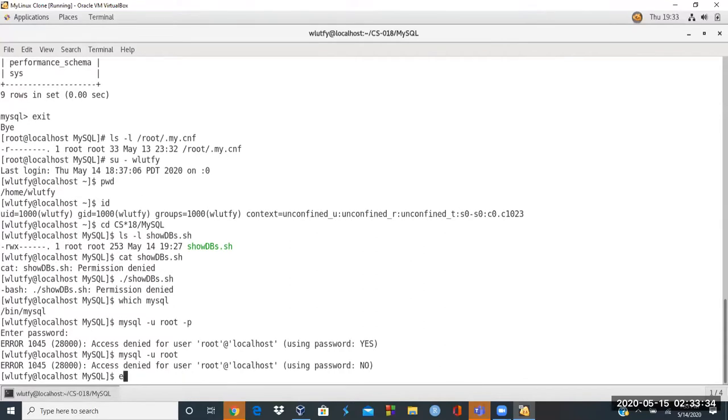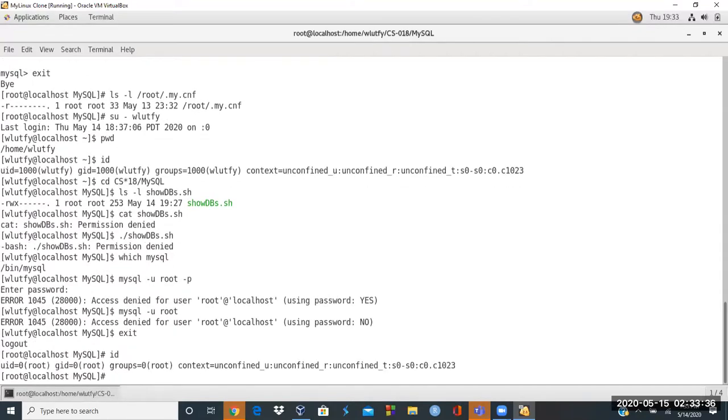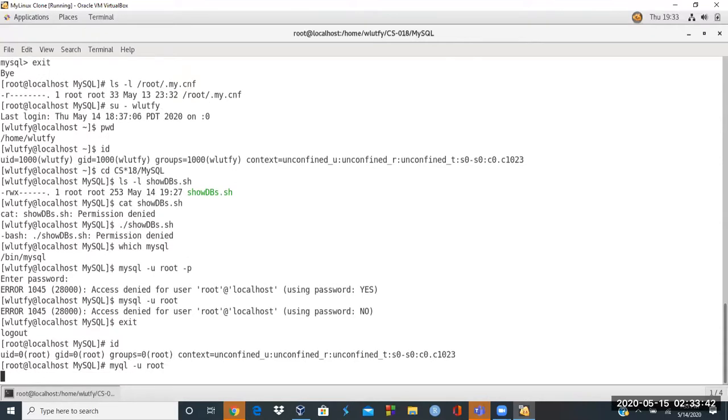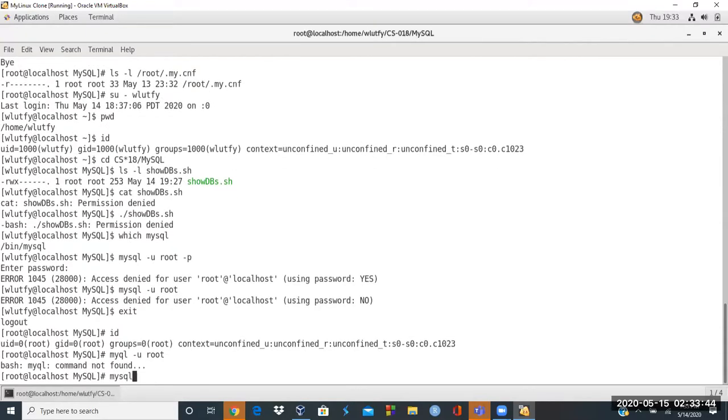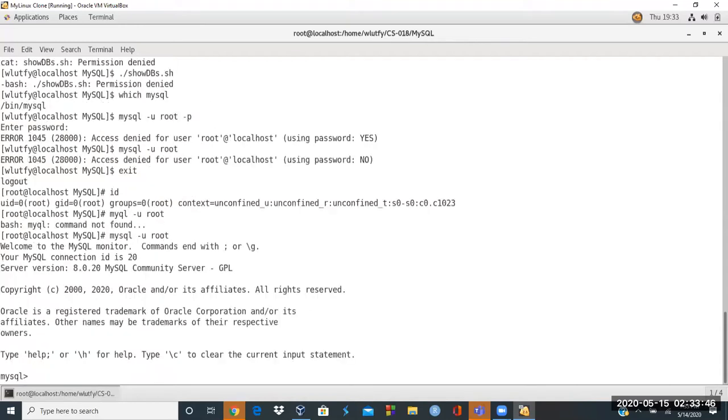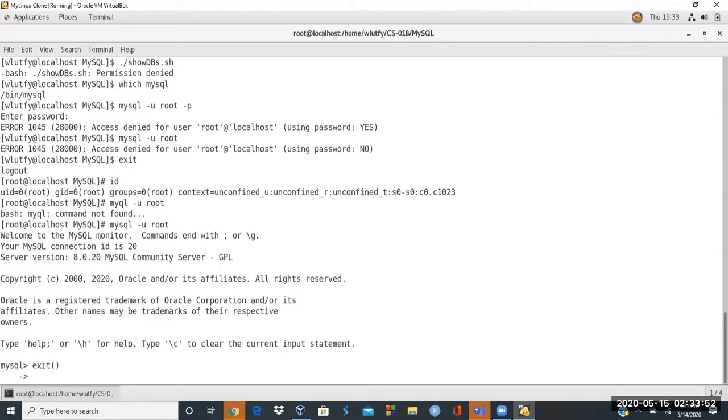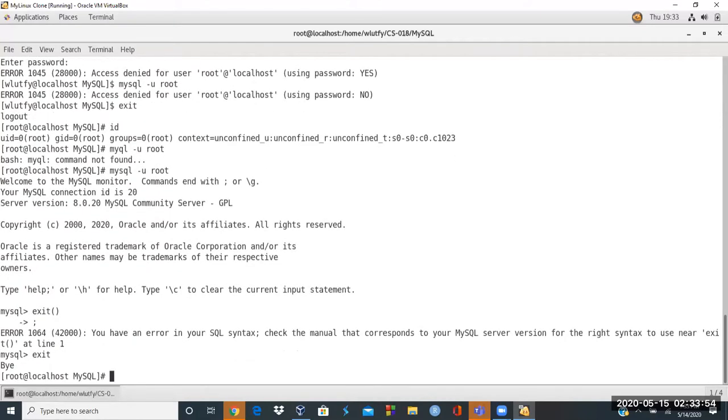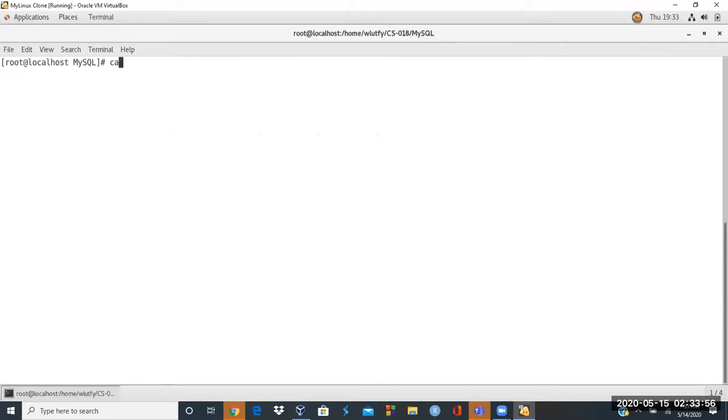But now I go back to my root, and then I say mysql -u root right away. I'm sorry, mysql -u root. It will just connect me. So how did I do that? Let me exit, clear the screen, and then cat